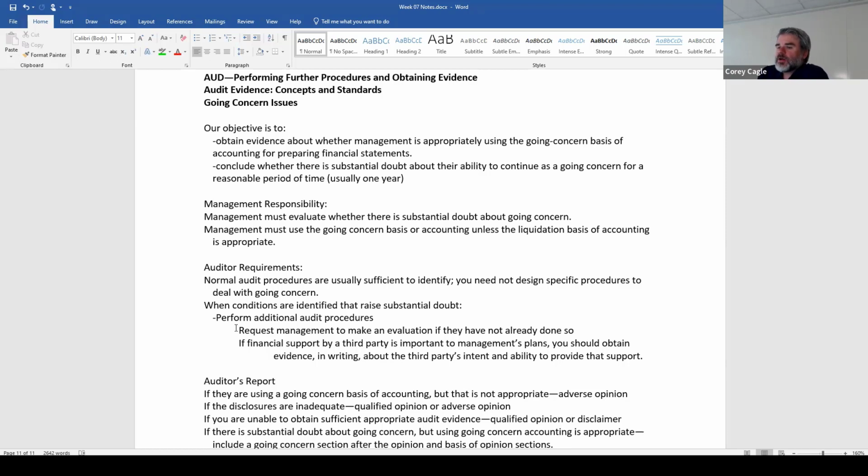But yeah, as far as audit requirements, we're doing normal audit procedures. That's usually fine. You know, if there's going concern problems, they're going to come to light. We don't have to design specific going concern audit procedures unless we identify things that do raise substantial doubt. Then we might have to do additional audit procedures. And it'd be things like